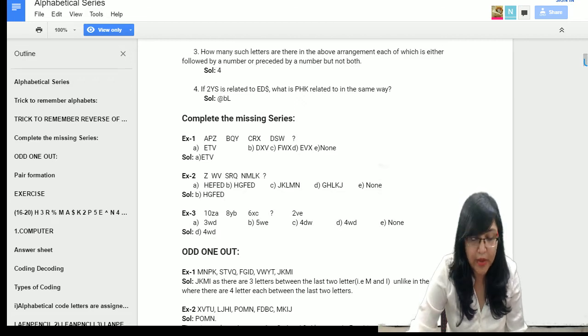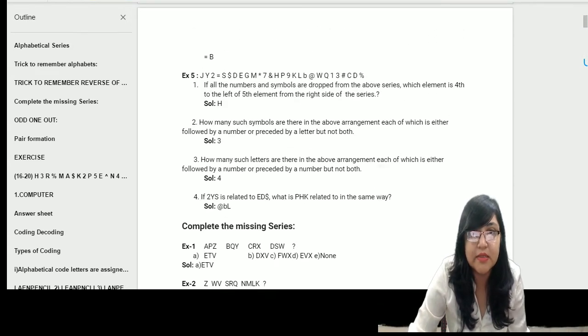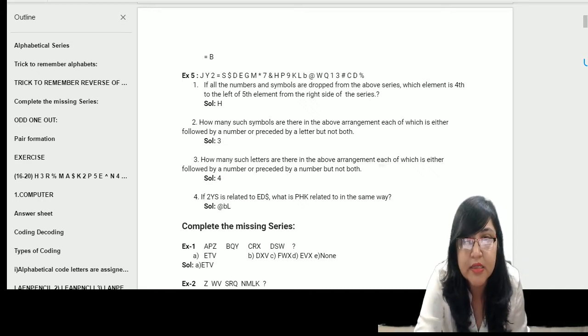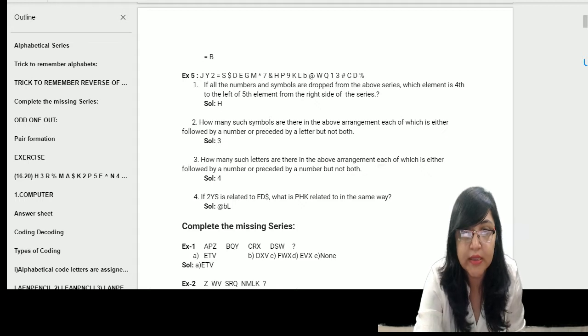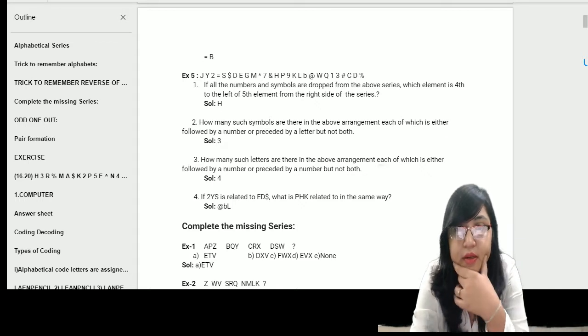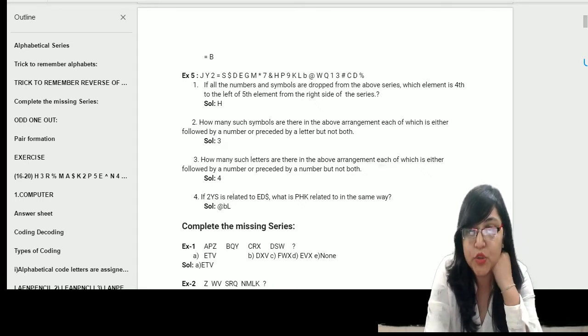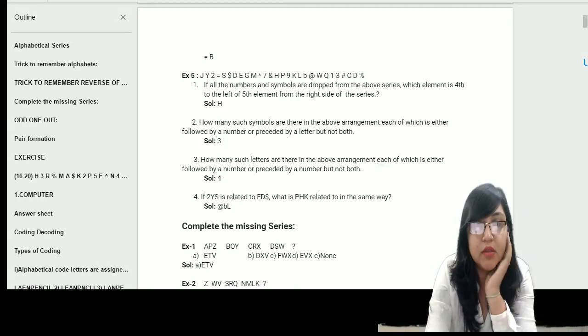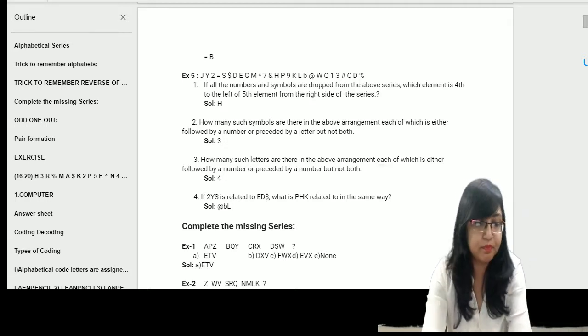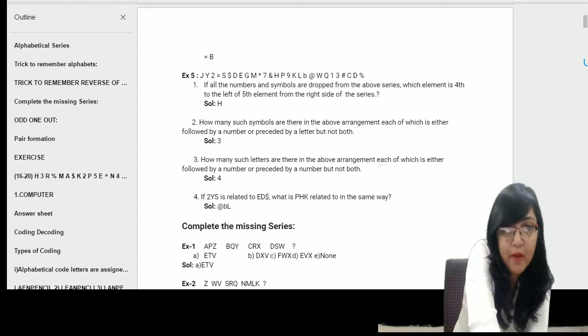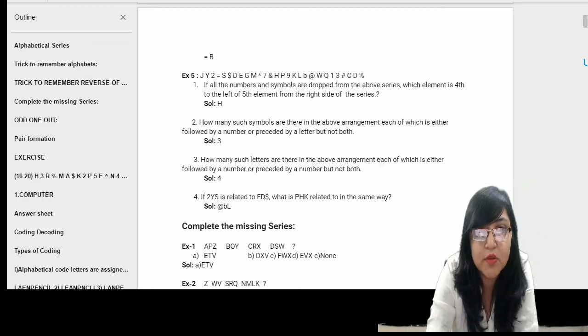In the last class we had done a question: if 2ys is related to dollar, what is PHK related to in the same way? I hope you have done the answer for this question as well. So let us see how you can relate 2ys. So you see 2y